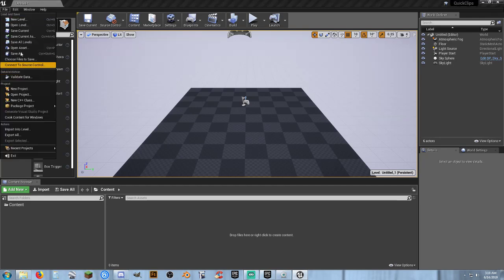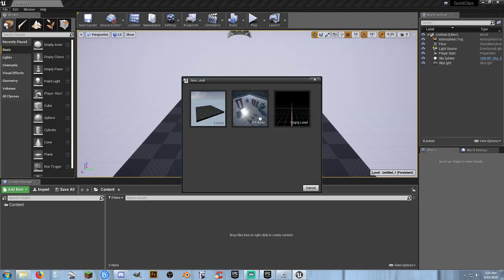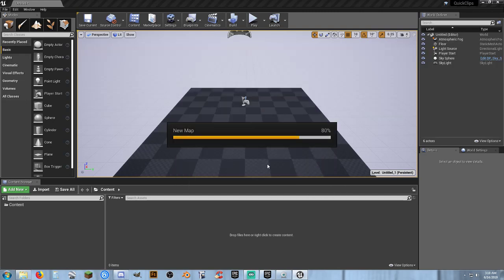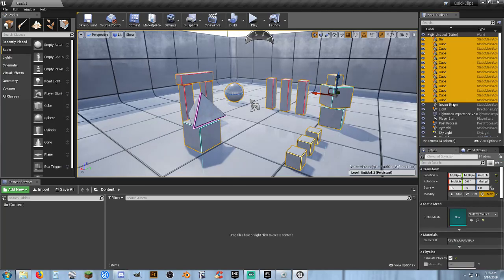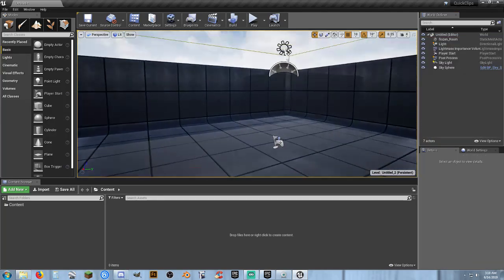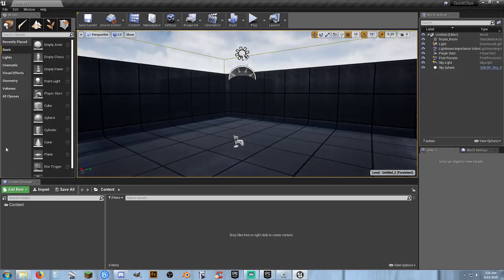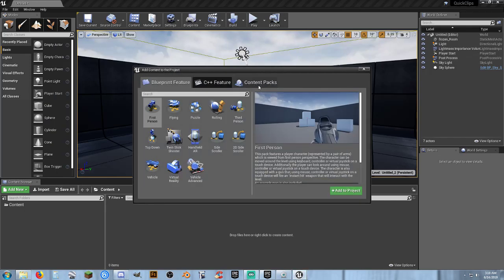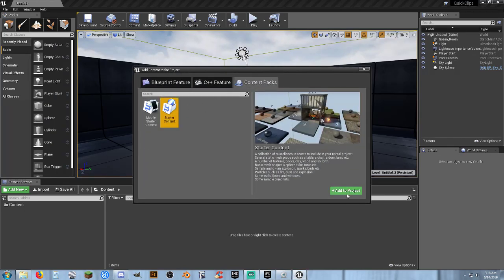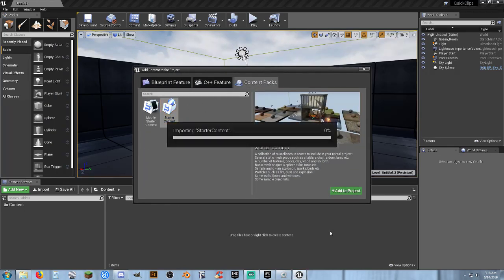Actually, what I'll do here is create a new level, VR Basic. Don't save on that one. We're at a blank project. Go here and here, delete all this stuff. And what I want to do is use the add feature content pack, starter content, and I'm going to make a